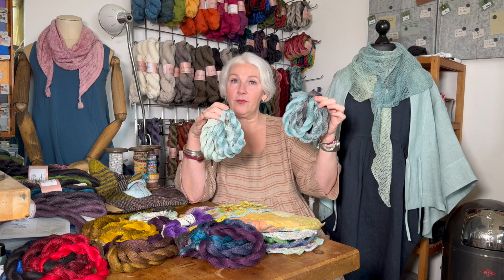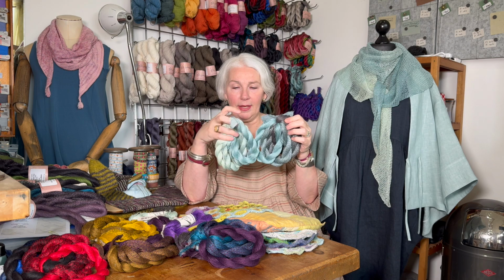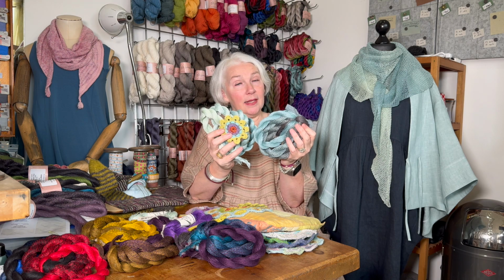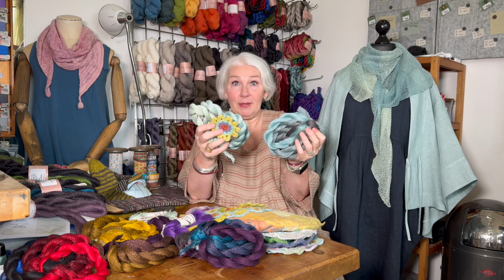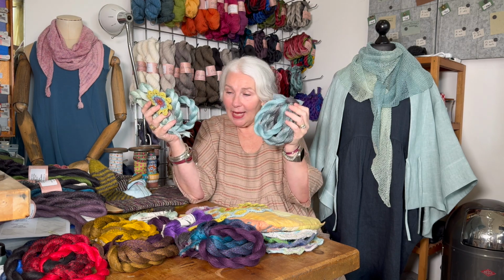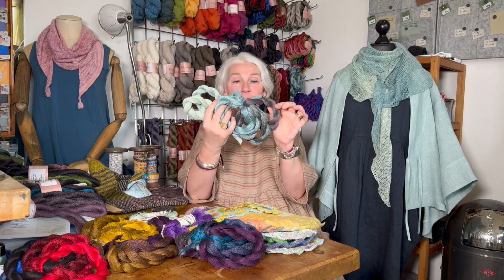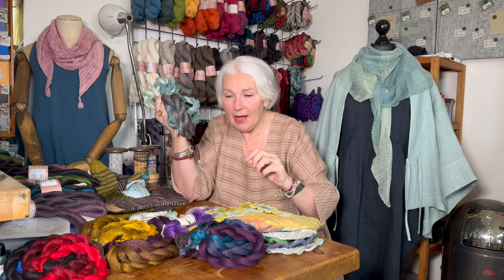So you can go from the dark gray to the duck egg blue and then all the way over to the light eau de Nil to make a double set, to make a fairly extra large shawl, for example, or any other big project that you have. So it's a really nice combination. You can then work with other colors to move on from the dark gray in a different direction. And as an